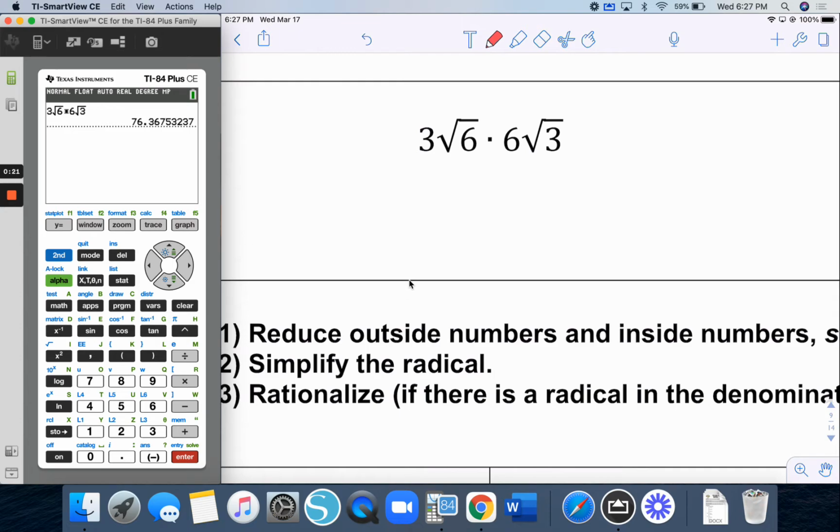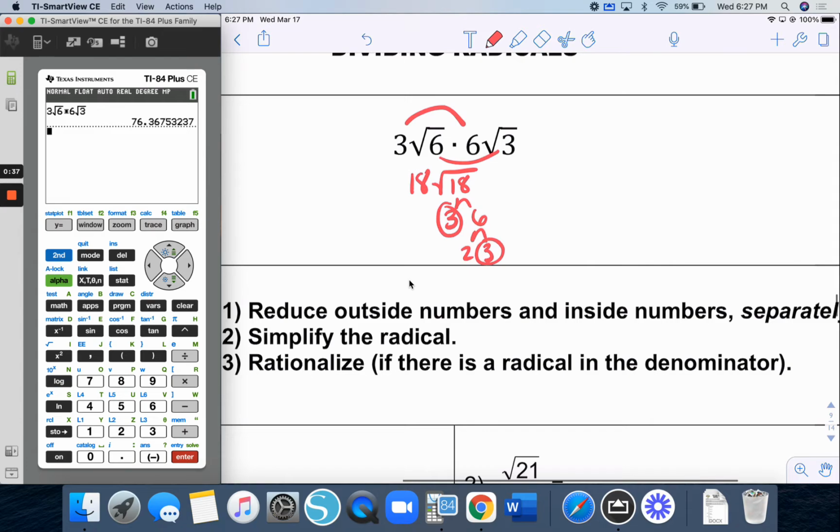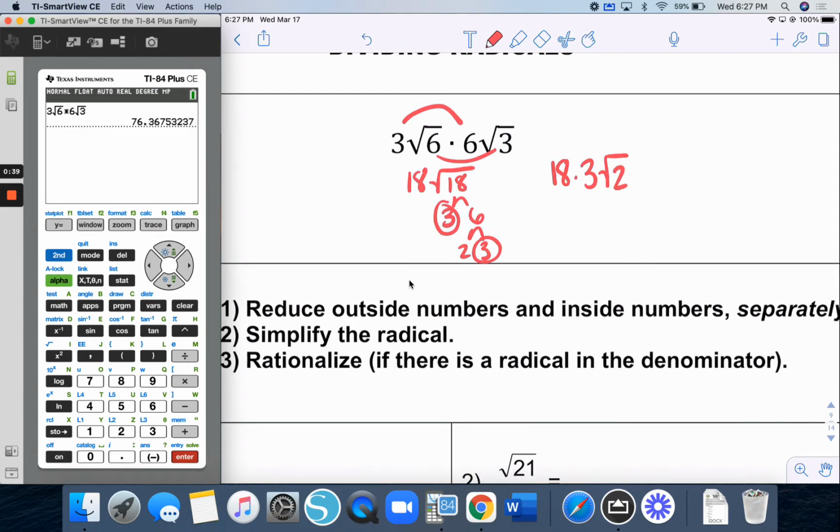These do not work nicely, so we multiply outside with outside and inside with inside, and then simplify the inside if possible. With this one, I'm going to end up with two sets of 3's that I can take out. So I have an 18, I'm taking out a 3, and there will be a 2 left. So we have 54 square roots of 2. And then, of course, as we've been doing this entire unit, we always double check, and we get the same